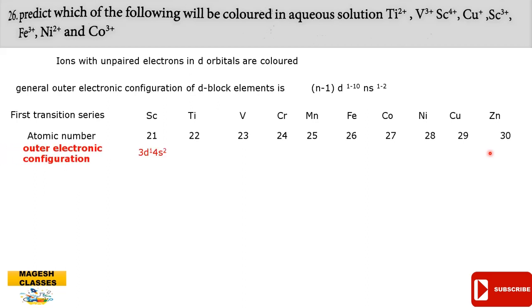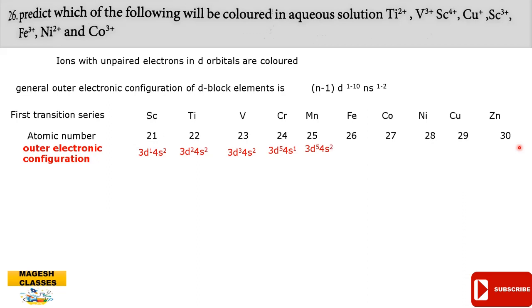The outer electronic configuration of scandium is 3d1 4s2 because its atomic number is 21. The inner shell consists of 1 electron and the outer shell consists of 2 electrons, in addition to argon as the inner core. Then 22 is 3d2 4s2. 23, vanadium, is d3 4s2. Chromium is different. It has a half-filled stable configuration, so it is d5 4s1. The inner shell consists of 5 electrons and the outer shell consists of 1 electron.